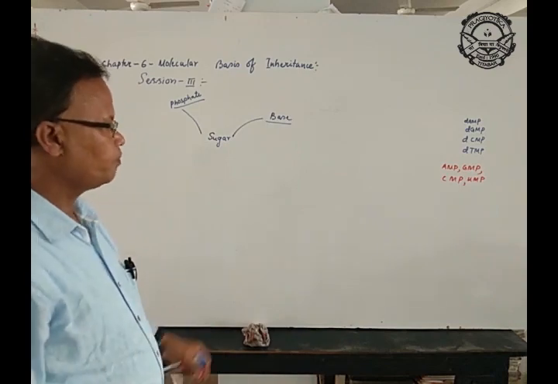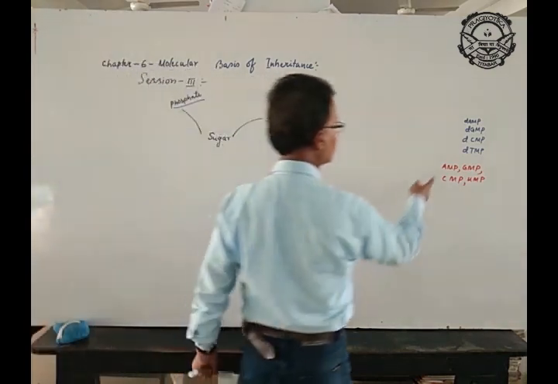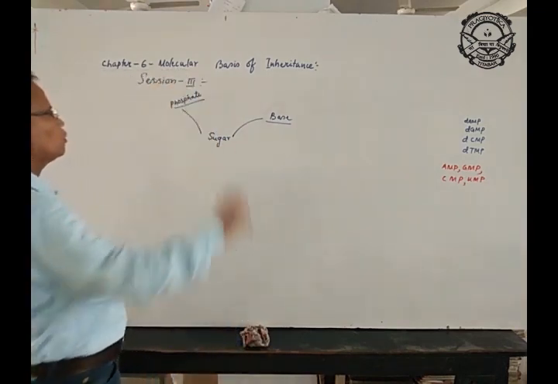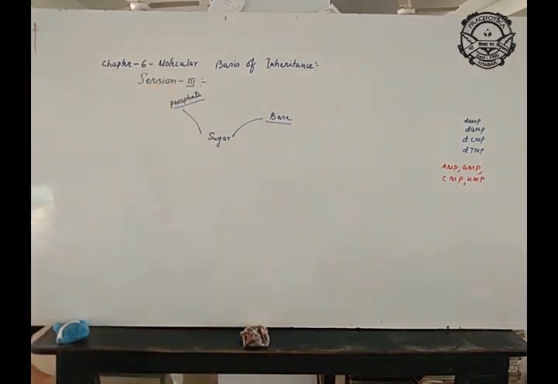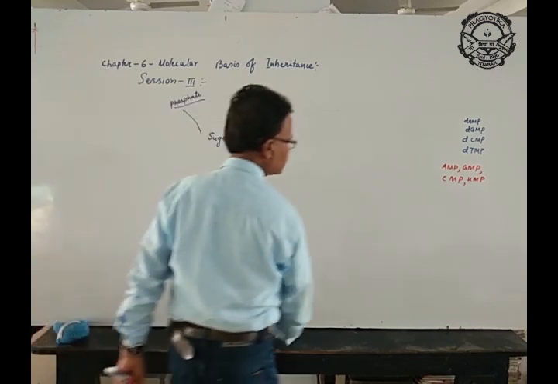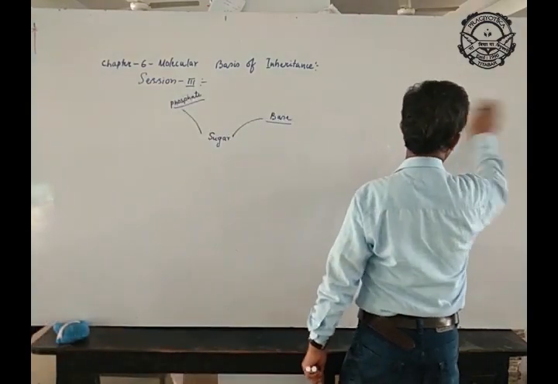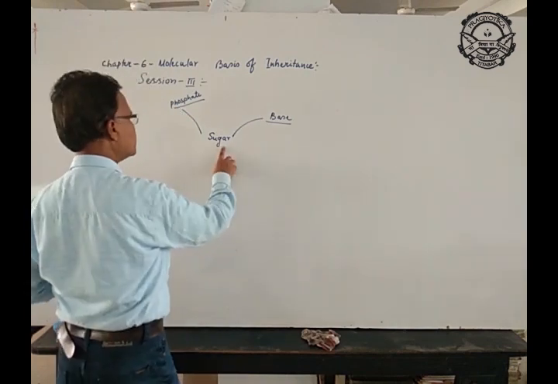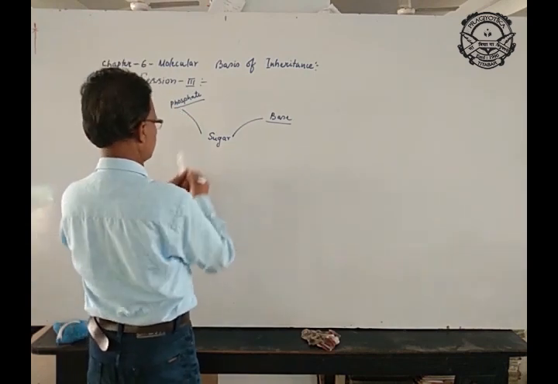What would I tell you? Each nucleotide has three molecules, but the central molecule is the sugar. The central molecule in a nucleotide is always a sugar. If I draw the sugar,